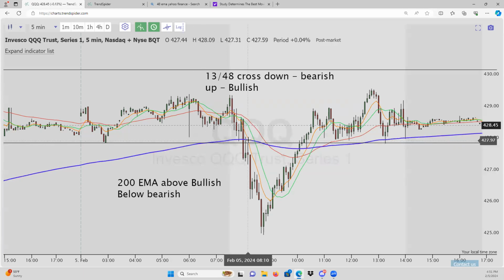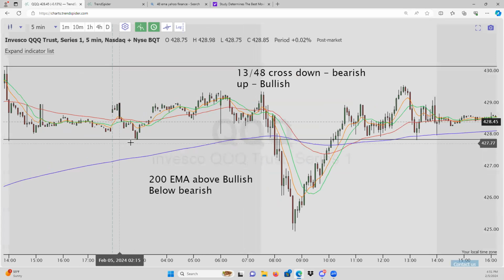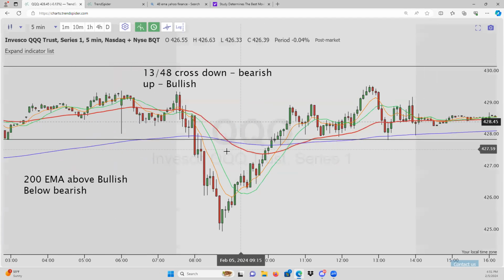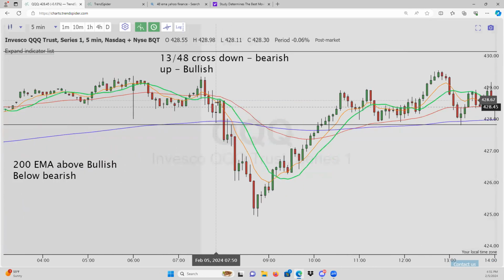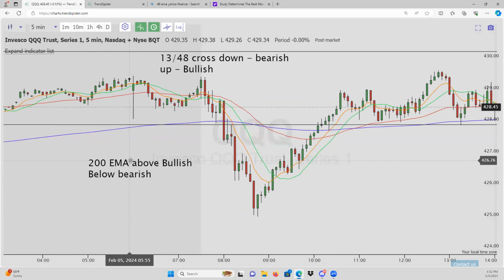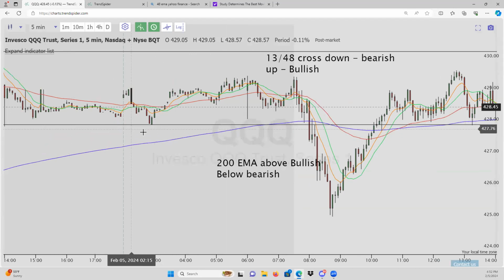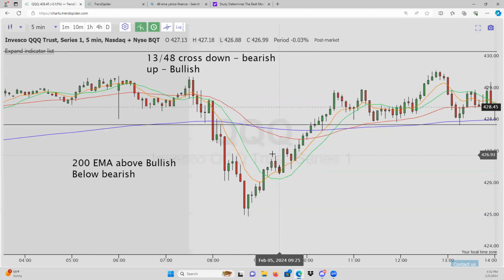And look at where this 200 EMA is, right? Look at where this 200 EMA is. And look at what this pre-market low is. Well, we can see that this bear flag, look what happens. We break below this 200 EMA. We have a bear flag and back test right into it. So now we're below the 200 EMA. We have a 1348 cross bearish. So now we have two things going for us saying it's bearish. We also had that break and hold below pre-market low. That is three things going for us that are bearish.